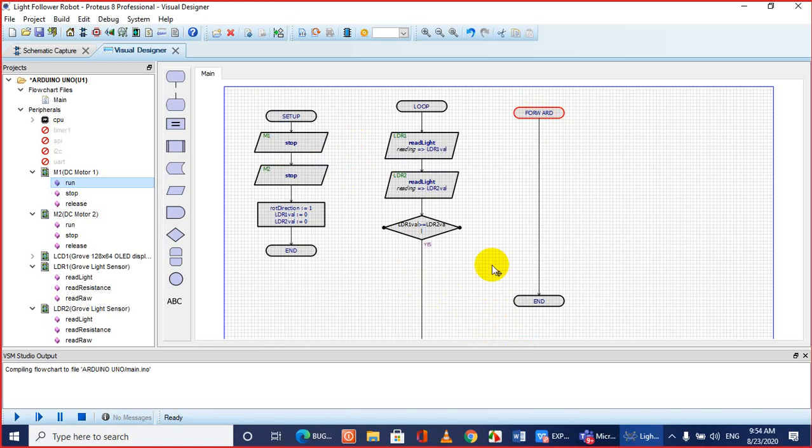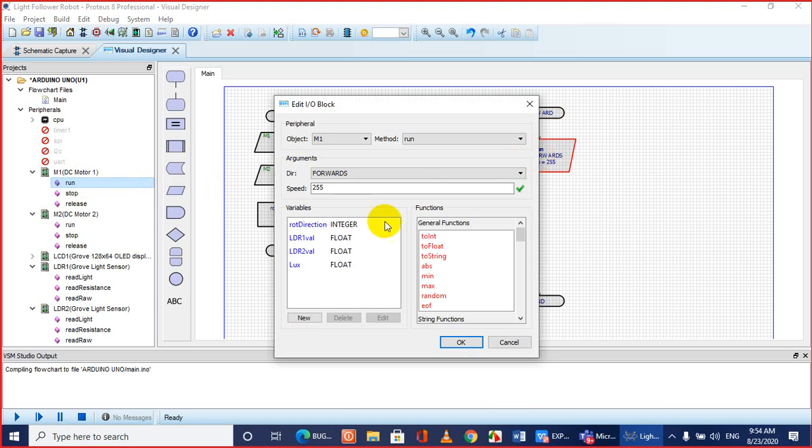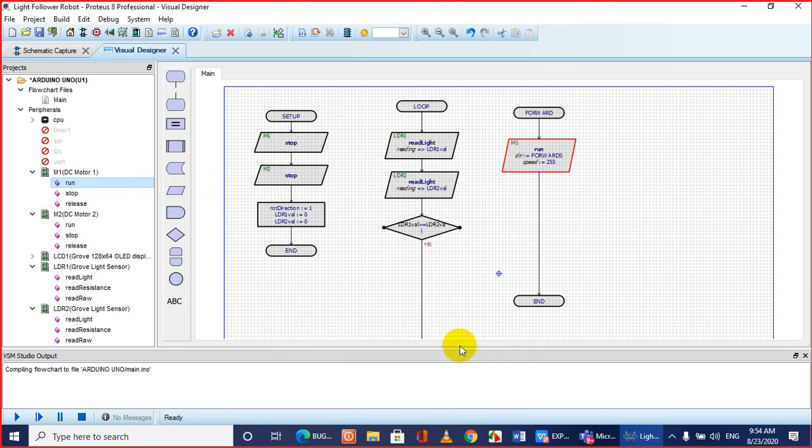And when you move forward, how to drag and drop the motor run option, I am showing over here for only one motor. The same thing will apply for the second motor. So this motor will run forward at highest speed, motor 1. Then you want to display the message. Then we will display the message that motor is running forward. So to display the message, we will create another function, display message.